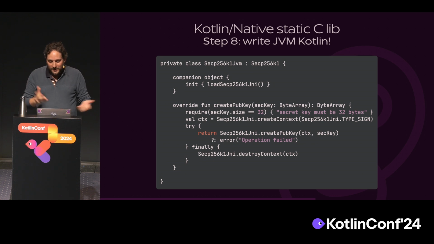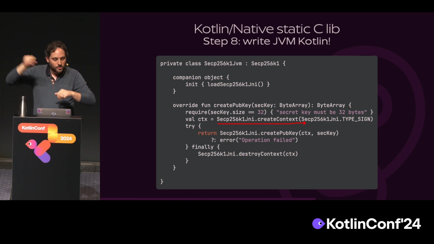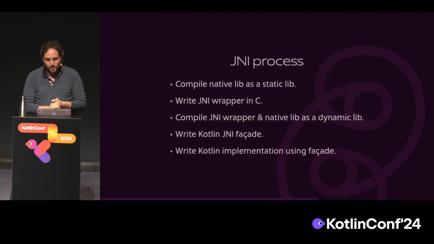So here, it's a very simple code, and I use this secp256k1.createContext function that delegates to JNI, that then calls the corresponding function in the C library secp256k1. Okay, so the JNI process is this one. You need to compile a native lib as a static lib, write a JNI wrapper in C, compile the JNI wrapper and your native lib, link them as a dynamic library,